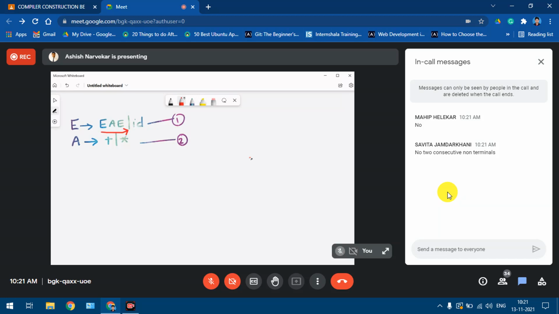first production, right? So whenever we have something like this, what we need to do is rewrite the grammar. So our solution will start by rewriting the grammar. When we are rewriting the grammar, we don't assume anything new, we reuse the productions of the same grammar. So we can see that the problem which is caused is